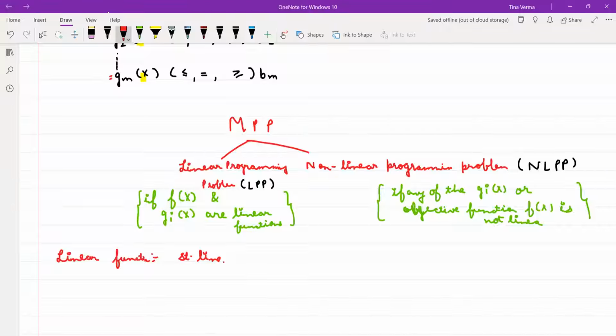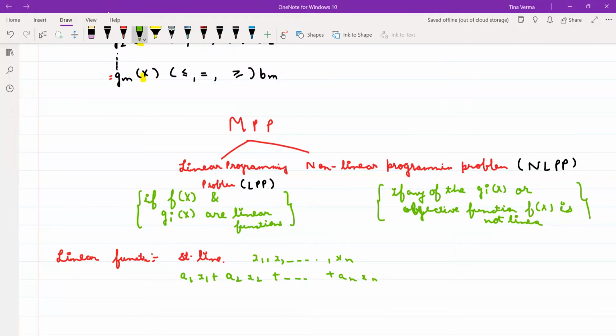Here is the simple definition; even if I write it you will understand. If you have any variables, I am talking about x1, x2, ..., xn variables. It is linear if I can write it only in this sense: a1 x1 plus a2 x2 plus up to an xn. This is actually what your linear function is, when we are talking about mathematics.